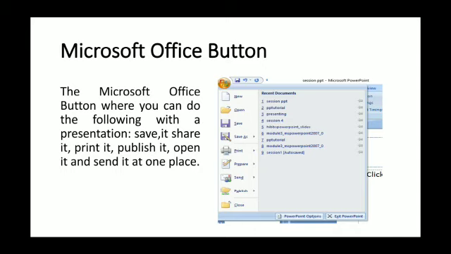Then Microsoft Office button is having these features, like you are having new option there, open, save as, print option is there, prepare is there, send, publish, close. These are there in a Microsoft Office button. Same Microsoft Office button you are having in MS Word also. In that also same options are there. If you have studied that in MS Word, no need to again discuss the same topic here. Everything you will be knowing in MS Word features only. Same buttons you are getting here in MS PowerPoint also.